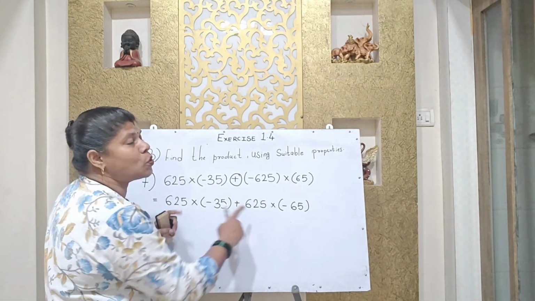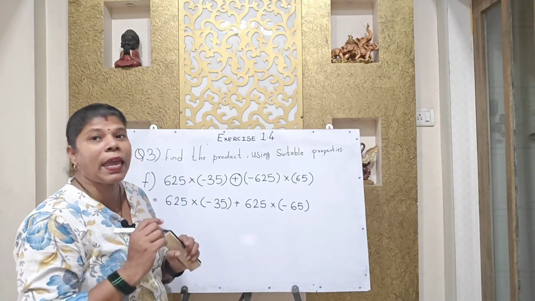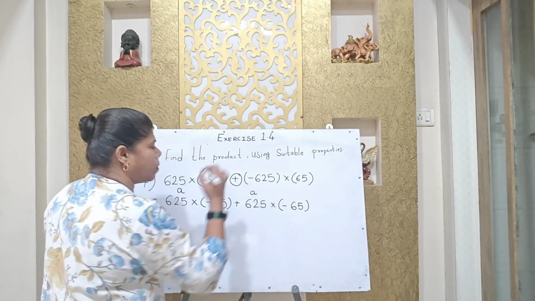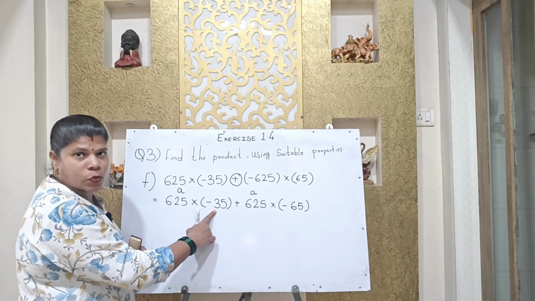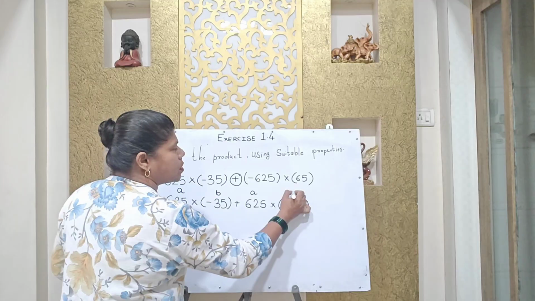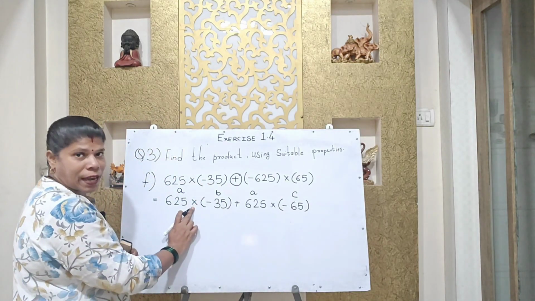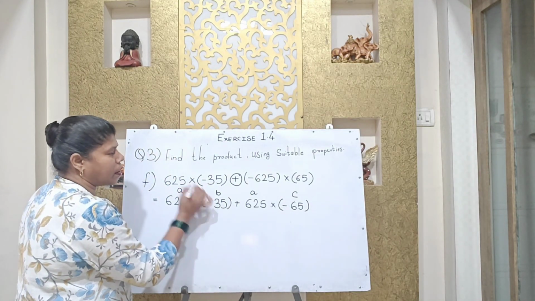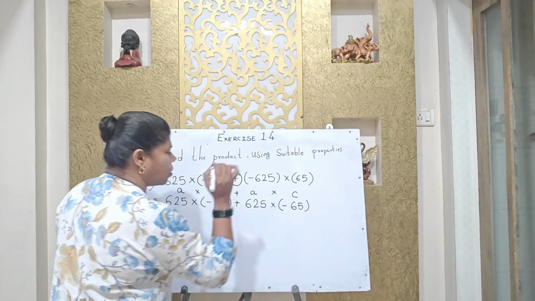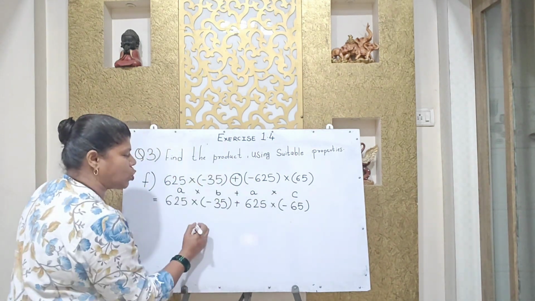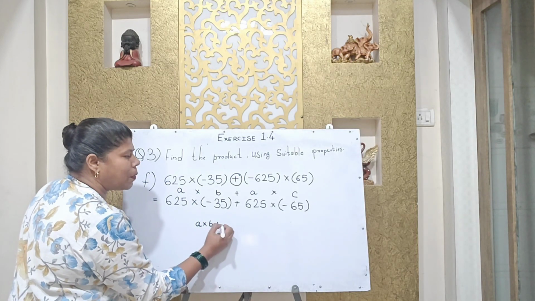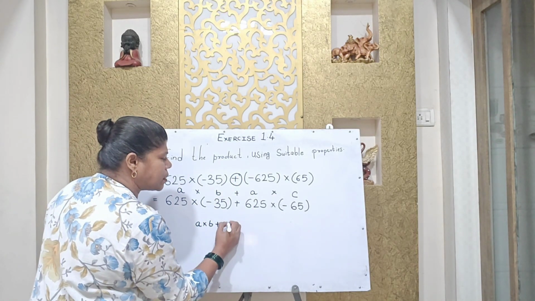अब ये दोनों नंबर जो सिमिलर हैं उनको मैंने A कंसीडर किया. This also A, this also A. This is not equal to 625, so I wrote here B and this number I wrote here C. ओके, उसके बाद हमने ये जो साइन है वहां रख दिया. Here this plus sign and this multiplication sign here. Now I've got one equation. What equation? A multiplied by B plus A multiplied by C.